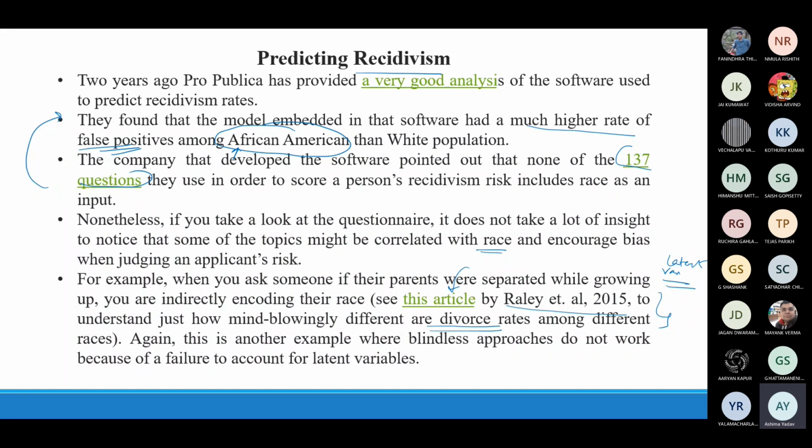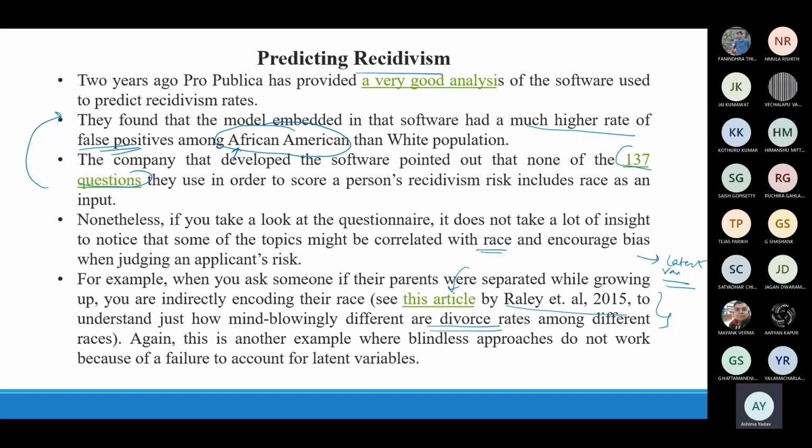So that's how the bias, or the false positives, were directed towards African Americans, whereas we cannot think in which ways or why the model is giving these results. So this is just an example of how a particular behavior of the model is affected by other latent variables which we cannot even assume will be affecting the performance of the model.